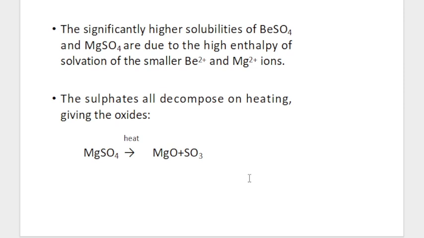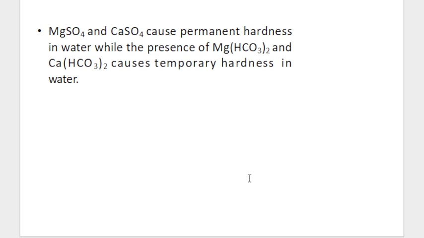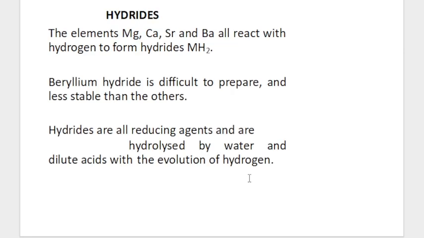The significantly higher solubilities of beryllium sulfate and magnesium sulfate are due to the high enthalpy of solvation of the smaller magnesium and beryllium ions. The sulfates all decompose on heating to give the oxides of sulfur. Magnesium sulfate and calcium sulfate cause permanent hardness in water, while the presence of magnesium bicarbonate and calcium bicarbonate causes temporary hardness in water. If you now consider the hydrides of your group 2 elements,